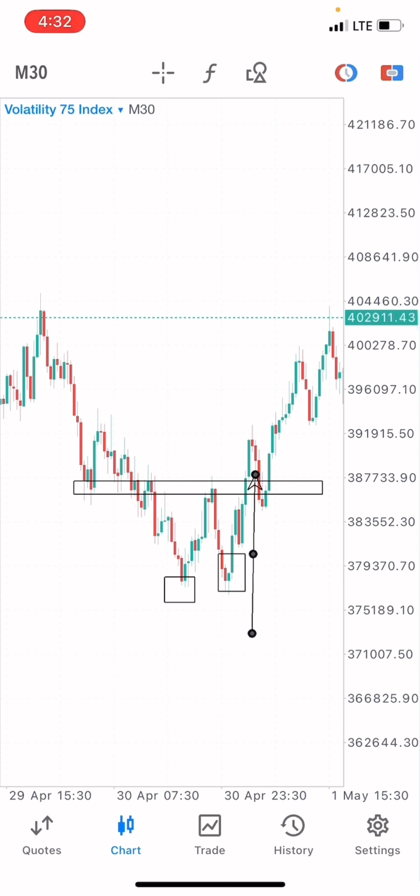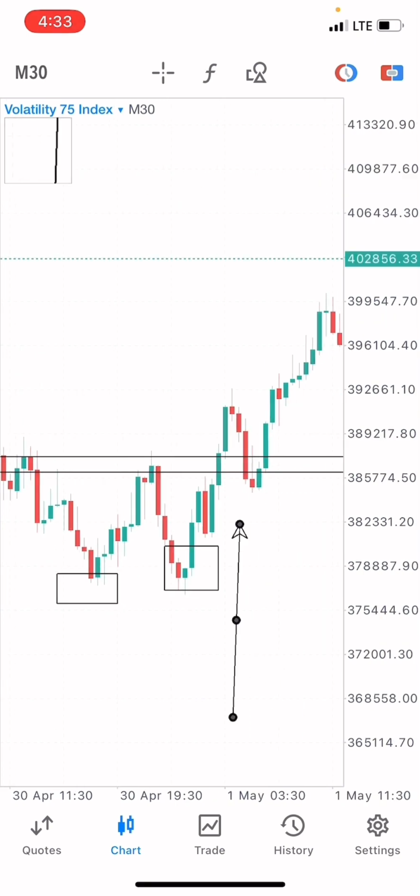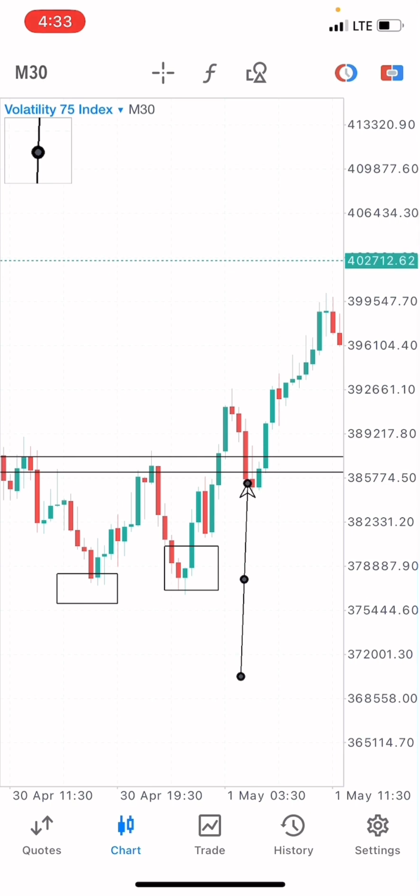So we got a confirmation, we got a retest of this neckline. Then you can see this inverted hammer at this point. This is actually a reversal candle. So you should research candlestick formations and how to apply them in your trading approach. It can be really helpful if you know how to identify candlestick formations and all of that.